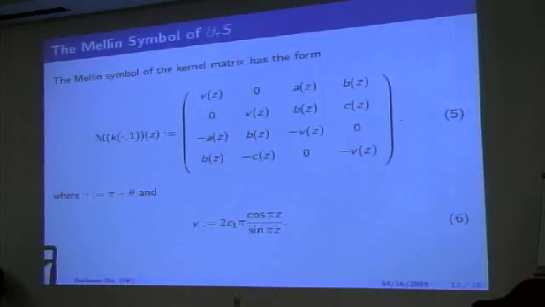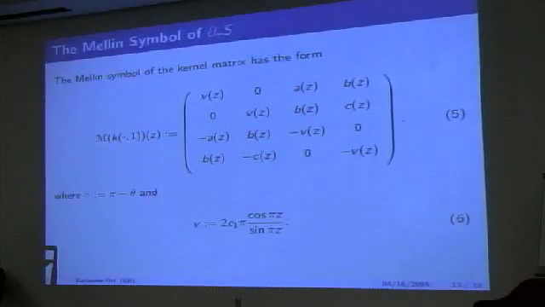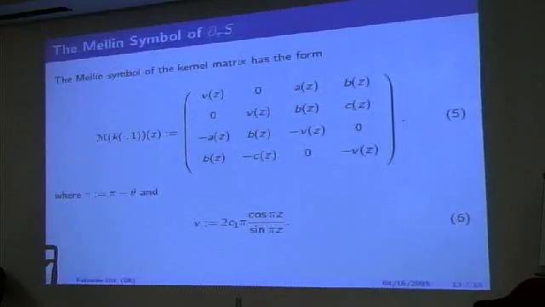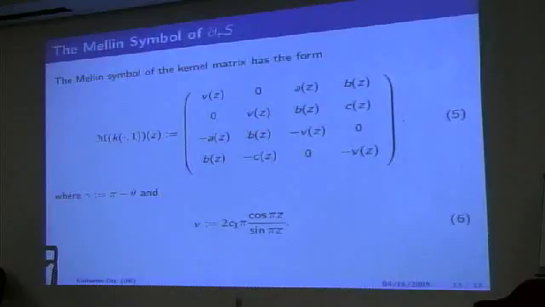Each 2x2 block corresponds to looking at different placements of points on my sector, so whether or not they're on the same side of the sector or on opposite sides. There are 4 different combinations, and so we can evaluate this, the Mellin transform, and what I have on the bottom here are all the values. This is a large matrix, it's 4x4, but the entries are complicated.